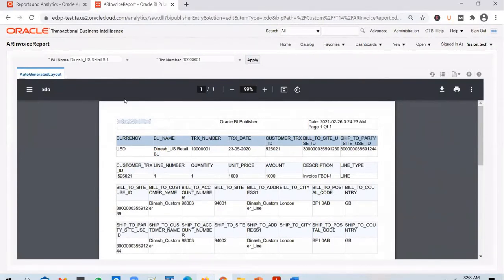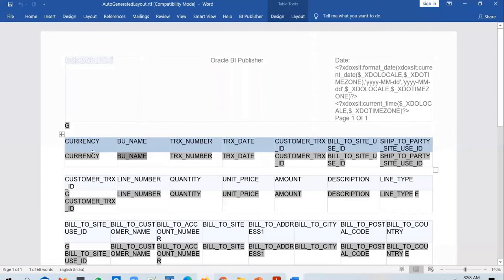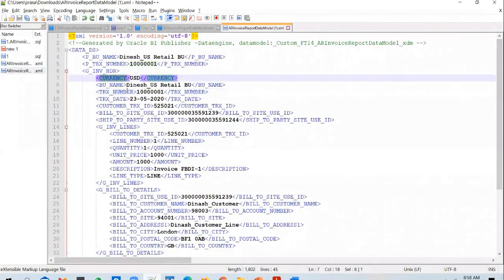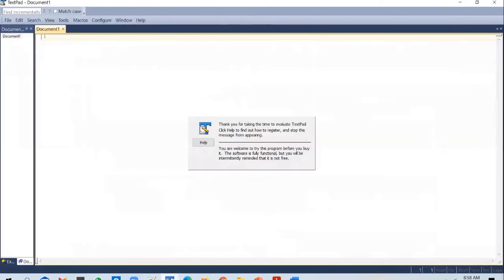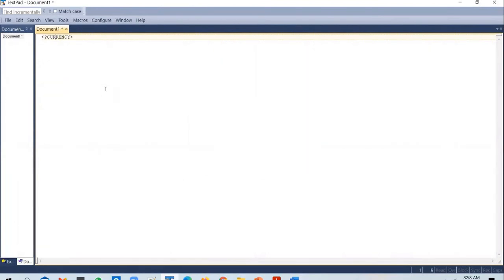How is it working? The way it works is, in the RTF document, you will use XML tags. If you look at the XML output, what is the tag for currency? The tag for currency is this, right? So you copy this tag, and in the RTF document, wherever you want to print the currency, you will have to use this format.